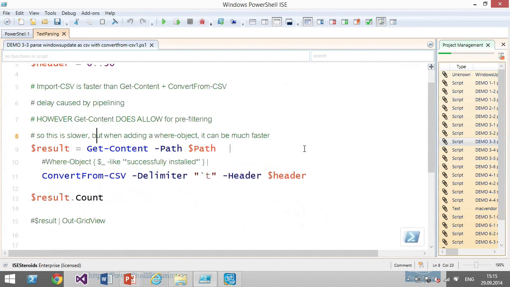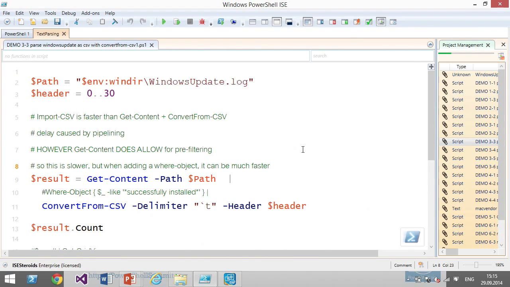And you can use it multiple ways. For example, in the previous example, I used Import-Csv. Import-Csv was taking care of everything. It was reading the file and then turning it into CSV. Here's an alternative, using Get-Content and then ConvertFrom-Csv, which when you do it like that is a